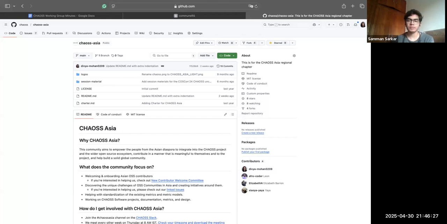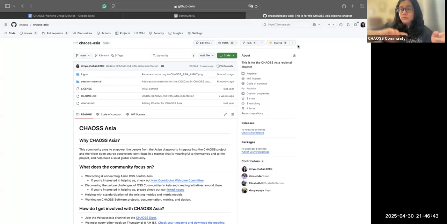Yeah, good. So for now, it's on a separate repo. On your account, you'll have to create a new repository, build a prototype, and use GitHub pages to host it. Show us how it works, and we'll do the same demo for that. So that'll be in one of the Chaos Asia meetings. Based on that, let's hope that there's no feedback. So if there's no feedback, we will go to the Chaos larger community meeting where we'll demonstrate this again and see if there's any other feedback again or any suggestions or any concerns.